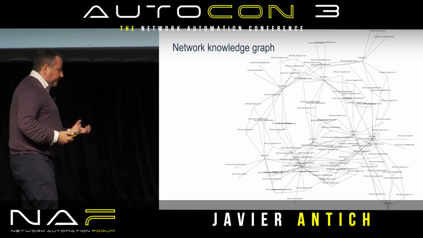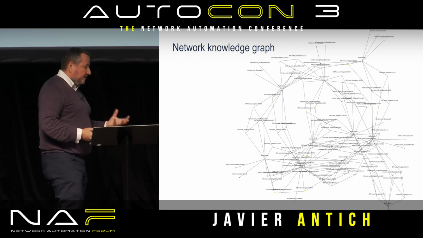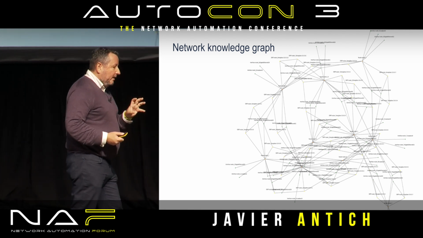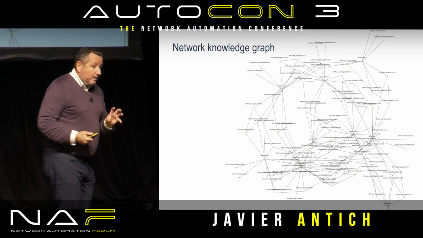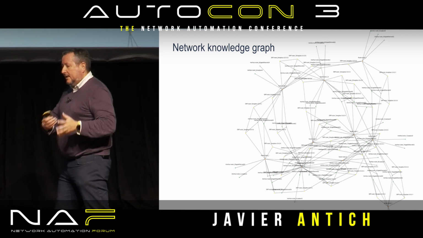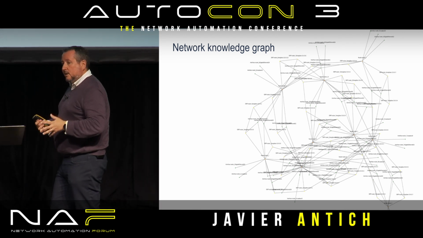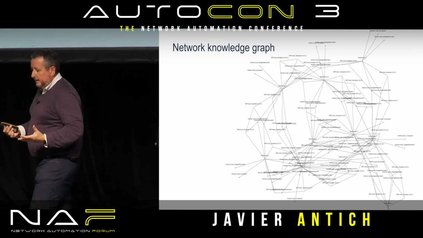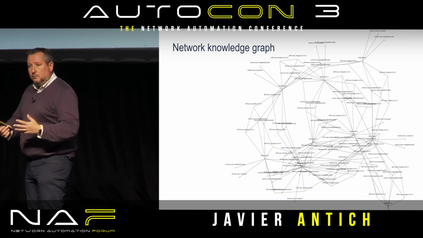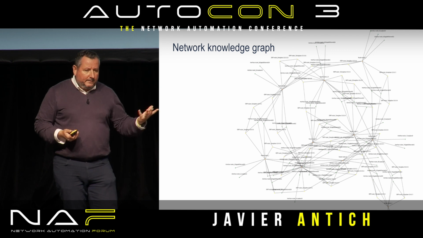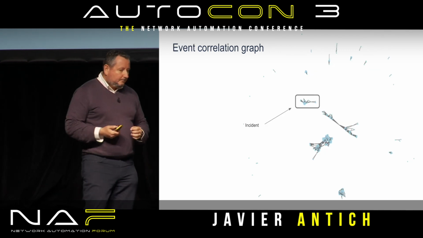One fundamental ingredient for this is the existence of a graph. As I was saying earlier, graph-based correlation is fundamental, right? But now one of the key points, as you will see now, is how can we use this graph-based correlation in a way that we are entirely non-dependent, let's say, of the existence of rules to parse and interpret the events that are coming, right? That's part of the architecture.